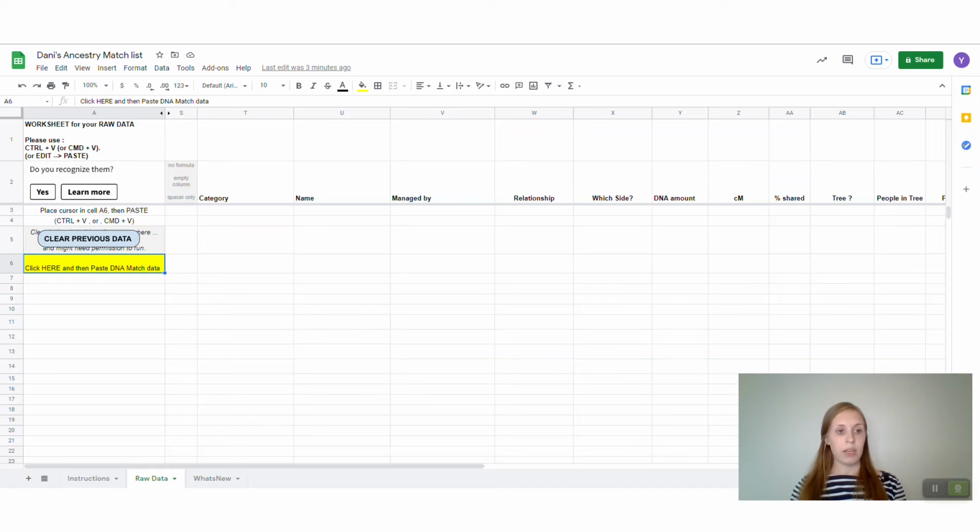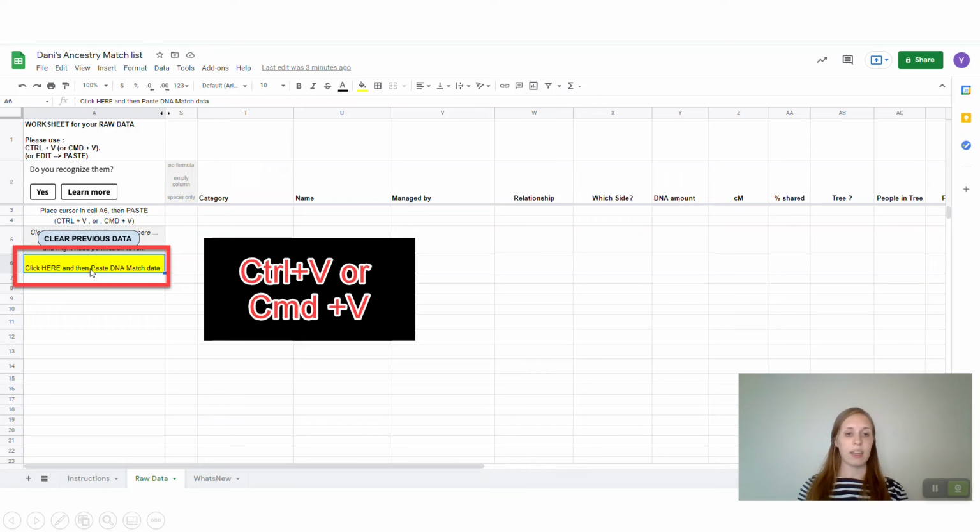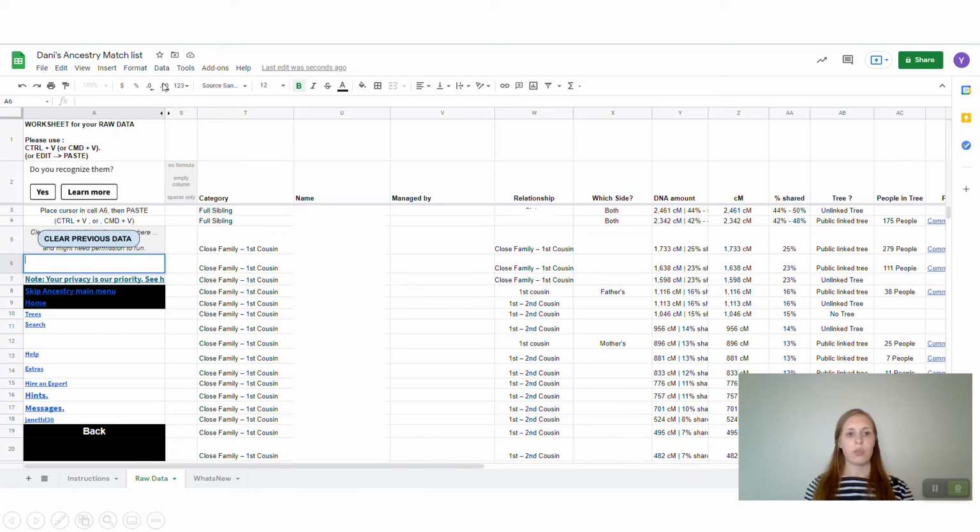So once you've copied it, go back to the tab where you have your spreadsheet open. And this is really important. You want to make sure that you paste your text into this yellow cell. So it's cell A6, it's the one highlighted in yellow. And you'll know you have it selected when you've clicked on it and when it has this blue bold outline on it. Then hit Control V or Command V on a Mac to paste all of that text into the